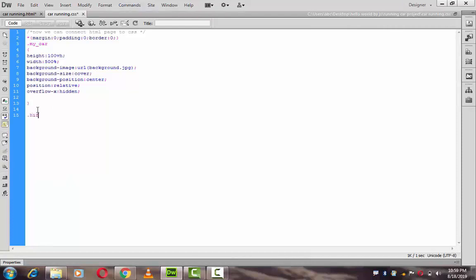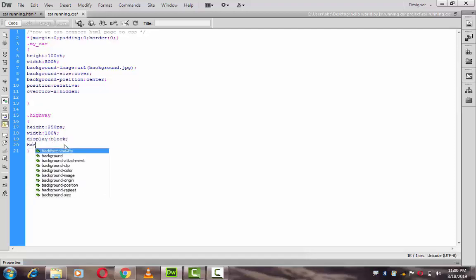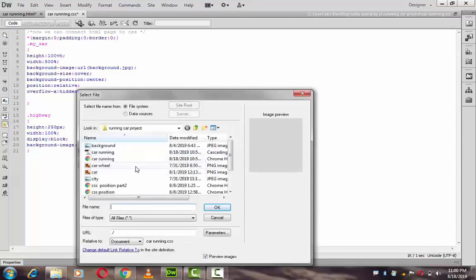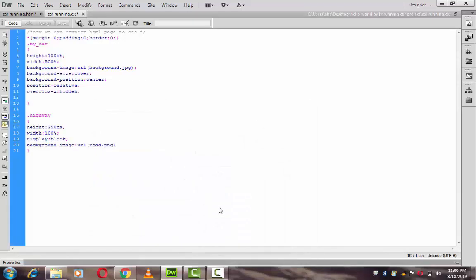dot highway, and after that I use the CSS properties of our highway. So I use height equal to 250 pixels and width 100%, and after that we use our display property. The display property is basically used to specify how the image is displayed, and after that we use background image, and the background image is road,